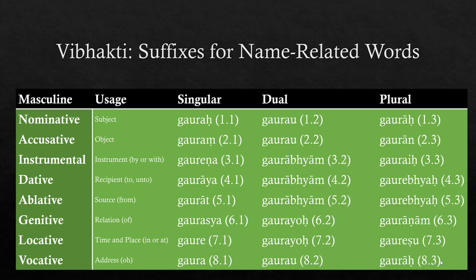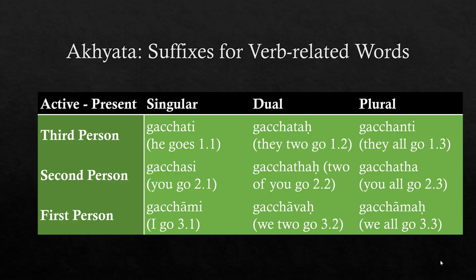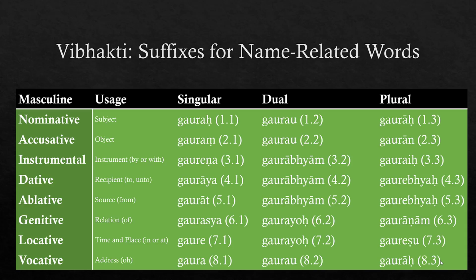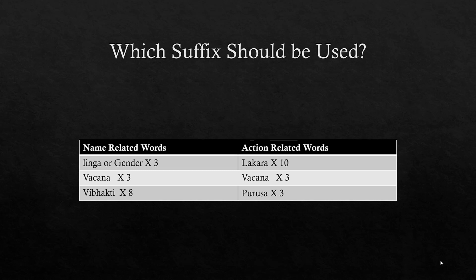So this is for name-related words. These are suffixes for name-related words. Similarly, there are suffixes for verb-related words also. Now here I am giving an example of only one lakara, or of only one time, place and circumstance. As I discussed earlier, there are 10 lakaras. There are 10 time contexts in which a verb can be